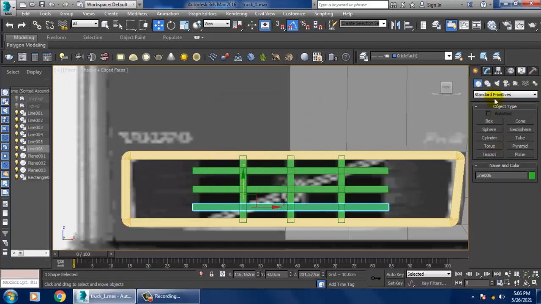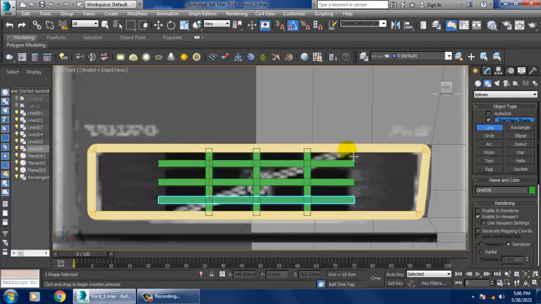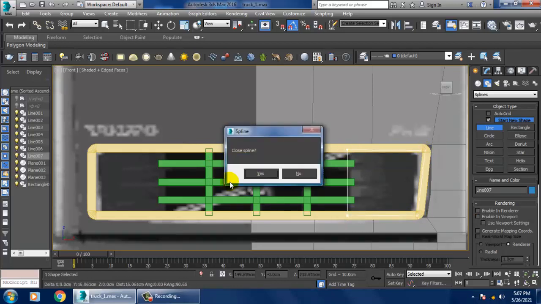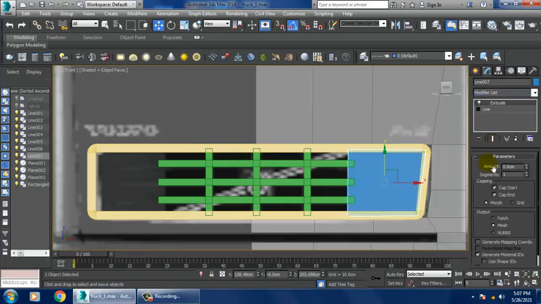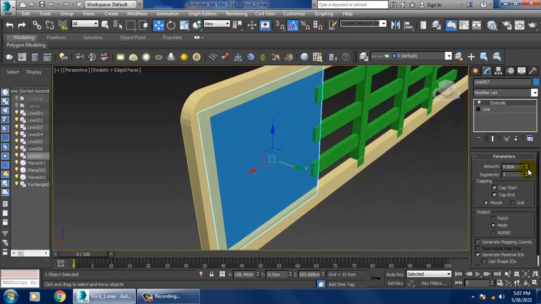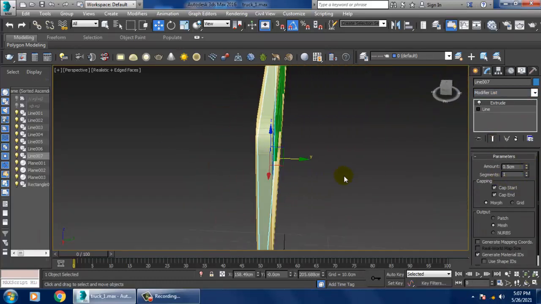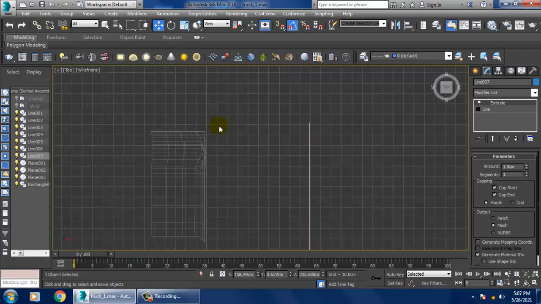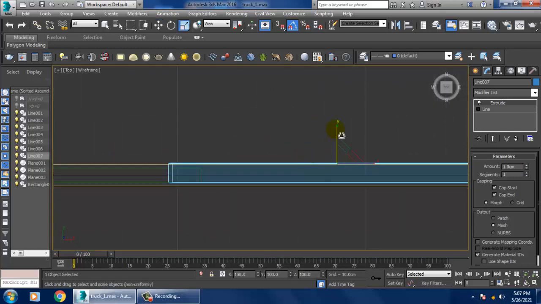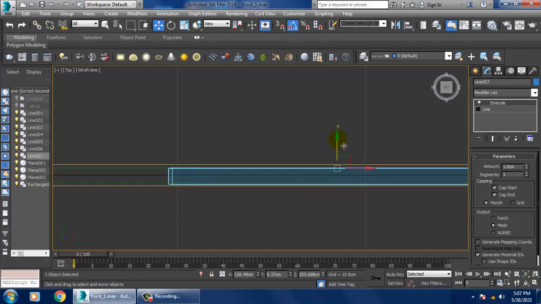And as usual, again I'll take a line over here. I'll give a bit of details over here and let's give an extrude modifier slightly, and just go to the top view and I'll put it inside in this way.